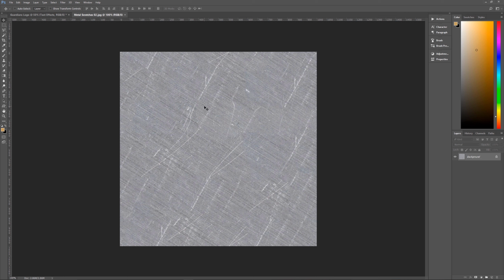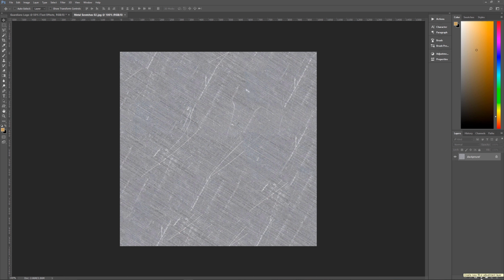This particular image of scratches, I have a link in the description below where you can download this for free. And then we can use that, but you can feel free to use any scratched metal that you have out there, or you can create it yourself if you know how. So here's the scratched metal, but the scratched metal needs a little work before we can actually use it in our image. So the first thing that we're going to do here is we're going to add a new black